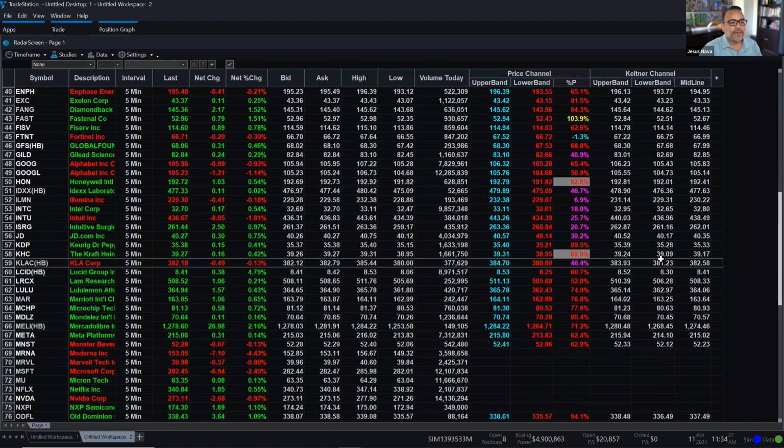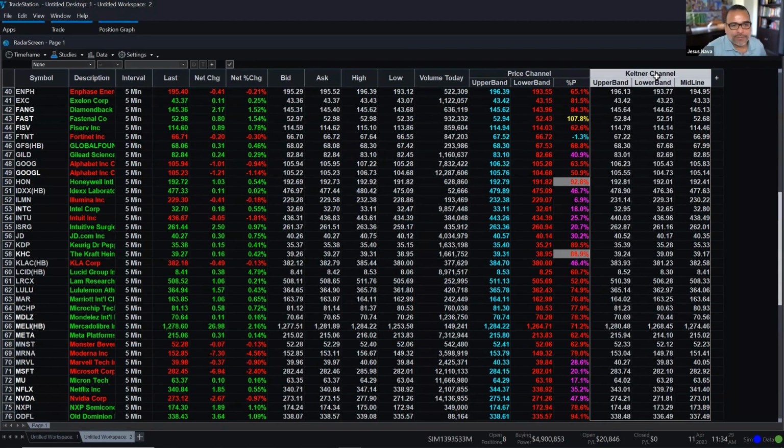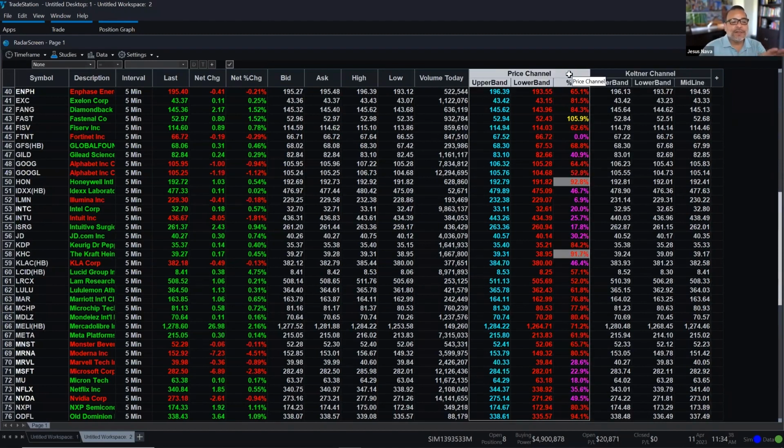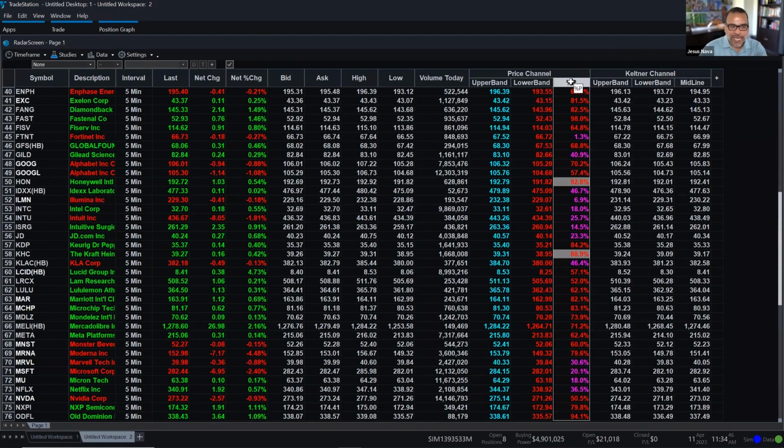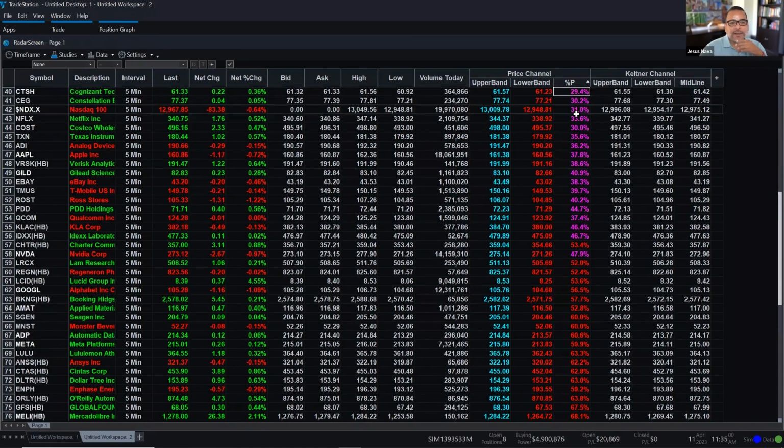All right, so on the Keltner channel, there hasn't been a lot of customization. You see how it looks very different than the price channel. The price channel is color coded. It has this additional column with interesting price location in terms of the channel. This percent P calculation tells you where the closing price is in relationship to that channel. Let me sort by the values on percent P and show you what that means. The lowest value here is 29.4%, which means that